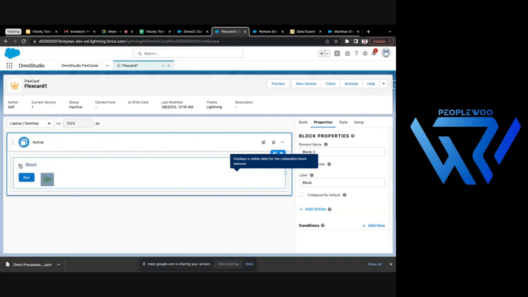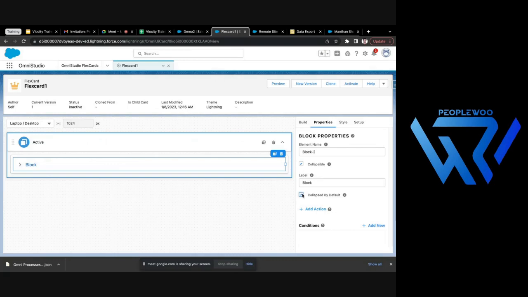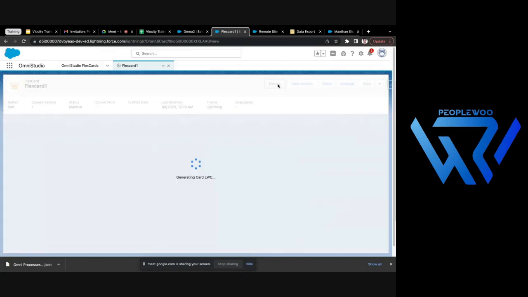The arrow will be there, and you click on the arrow, it will open. If you don't click, it will not open. Like this, it will run. If I make it collapsed by default, it will be like this. You can change the name, see actions. So it will look like this. If I preview this,